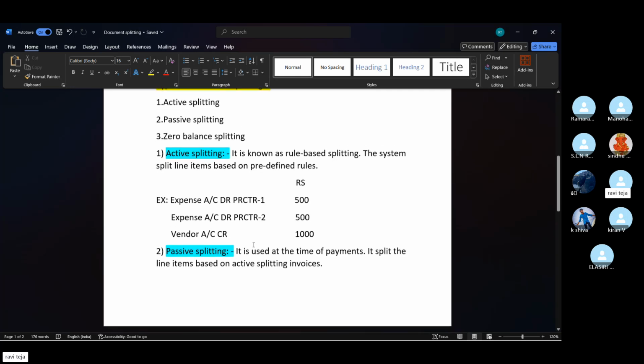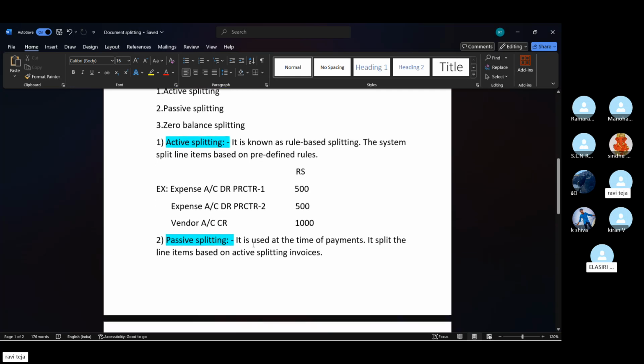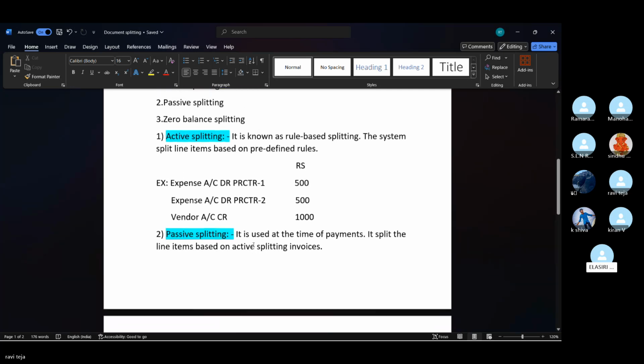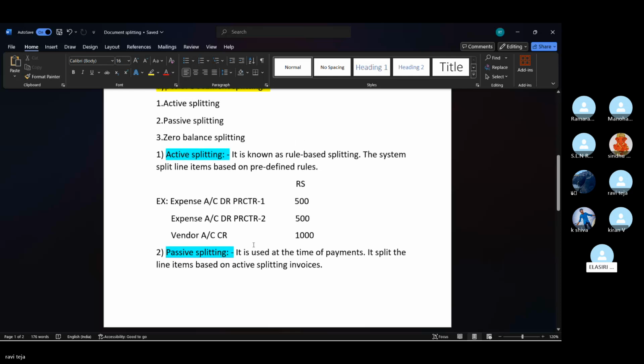What do you mean by subledgers? Subledgers are nothing but vendors, customers and assets. These are all treated as subledgers in SAP, sir, and the GL module is treated as the main ledger.